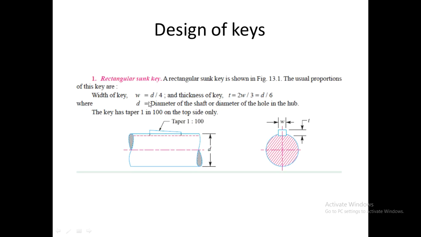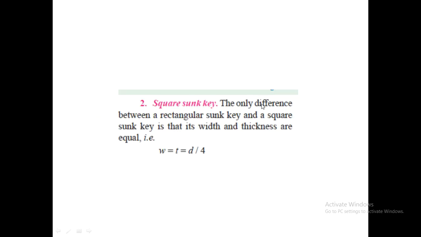of the keys. For a rectangular sunk key, the width of the key is W, which is nothing but D by 4. D is the diameter of the shaft, and T is the thickness of the key, which is nothing but 2W by 3, which is equal to D by 6. For a square sunk key, both the width and the thickness are the same, so it is equal to D